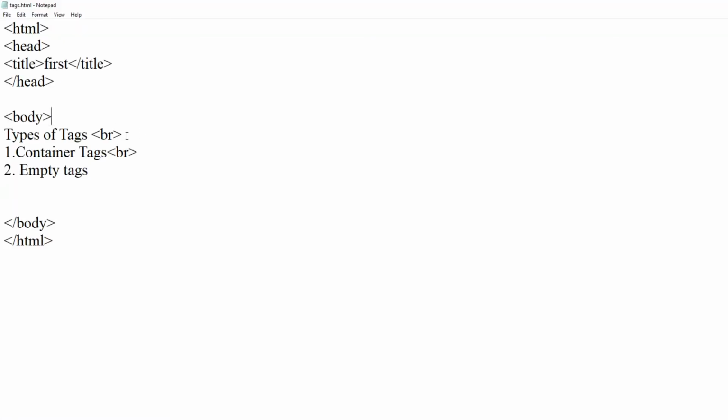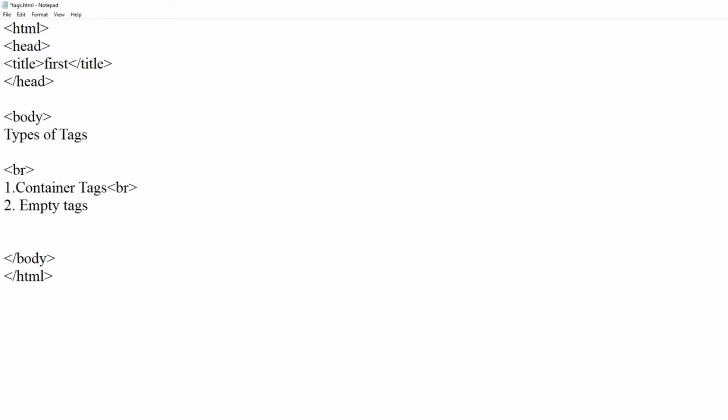Now one more example of an empty tag that I am going to show here is the HR tag. We will write it here, before the BR. I will write HR, then we will get one horizontal line. HR is also an empty tag, so no need to close this. Save this, go to the browser and refresh. See here the output is displayed. After the first line there is one horizontal row, and then container tags and empty tags.